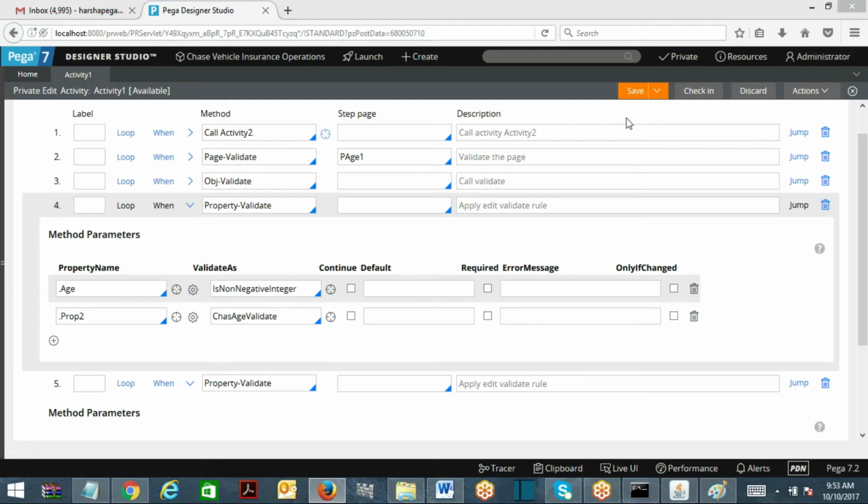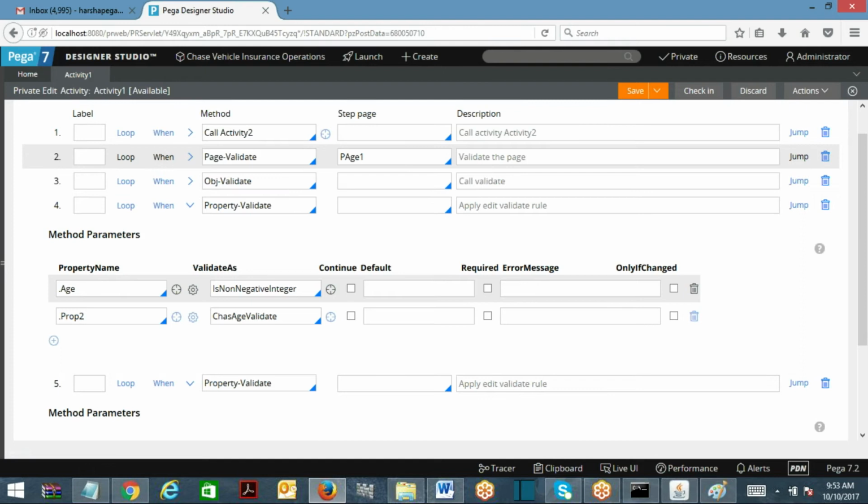Anubhav: No, but if we are already on that page, page1, then those 5 properties, the edit validations, would already execute, right? Why do we need an activity for that then? No, I am talking about the business logic level. How would you execute validations? If it is there on the property level, use it in the UI and refresh it, and it will be executed. Business logic will not execute it directly. Edit validate will not be executed. If you do a property set for age, it will not execute.